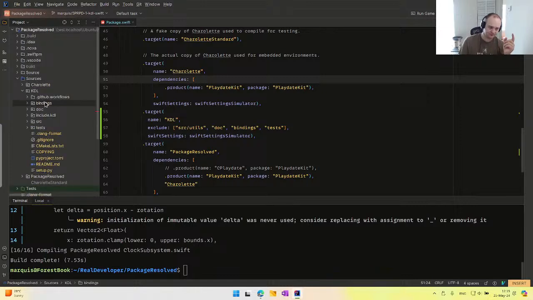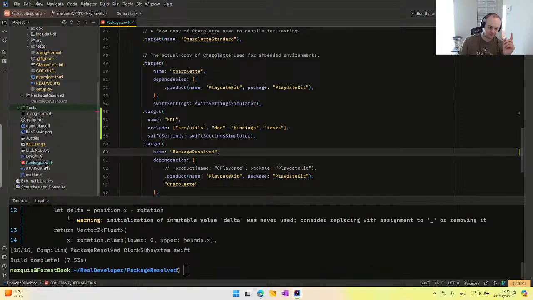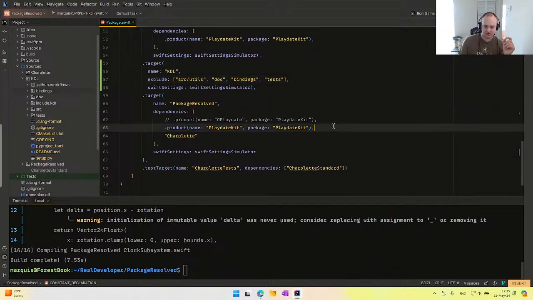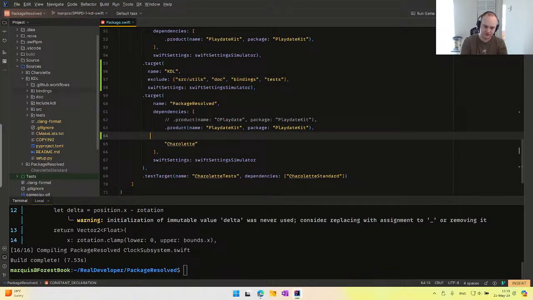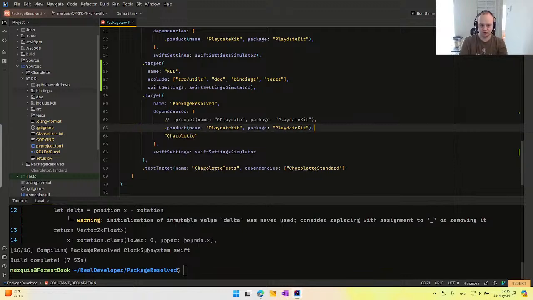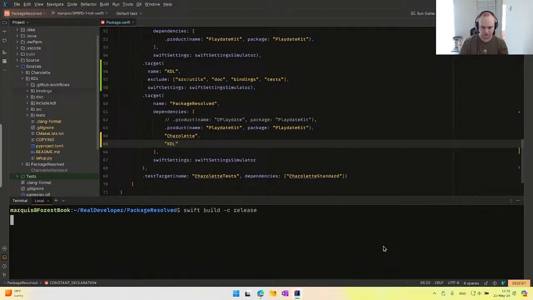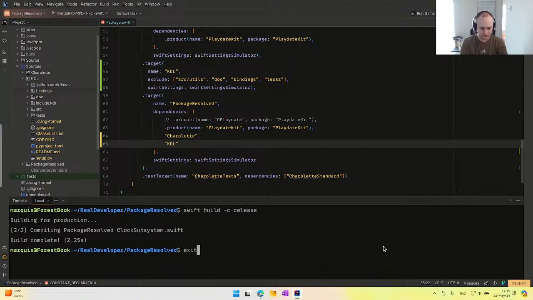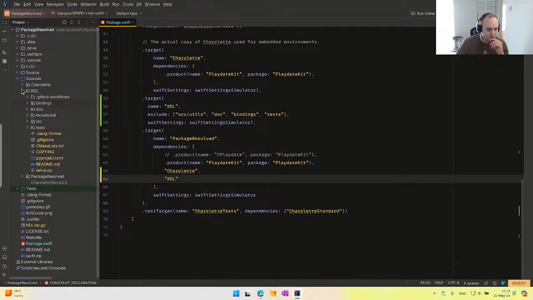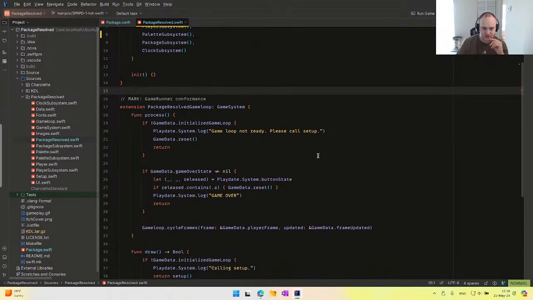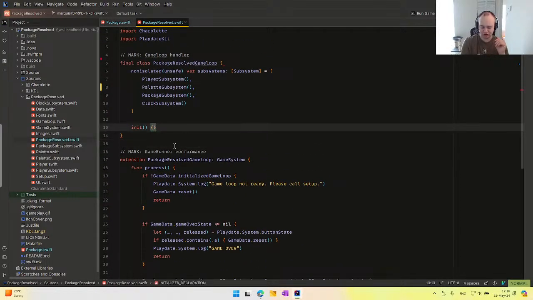So cool. And I think in here, we're probably just going to need to do the same thing too, right? Cuddle. Okay. So I guess as a test, let's just, I don't know. In our package resolved, in our init function,